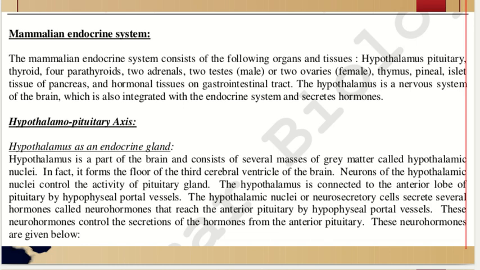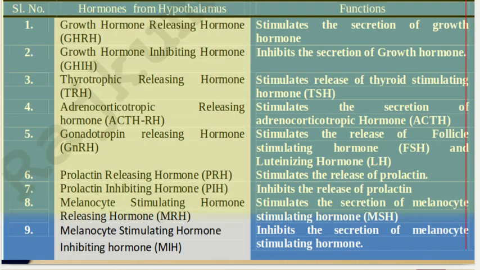The hypothalamic nuclei or neurosecretory cells secrete various hormones, and they are all termed neurohormones, which reach the anterior lobe of the pituitary by means of the hypophyseal portal vessels. The neurohormones control the secretion of the hormones from the anterior pituitary. These neurohormones are indicated below. The hormones from the hypothalamus are GHRH, that is growth hormone releasing hormone; GHIH, which is growth hormone inhibiting hormone, it inhibits the secretion of growth hormone; thyrotropic releasing hormone or TRH, which stimulates the release of thyroid stimulating hormone or TSH;